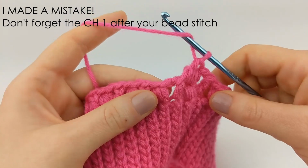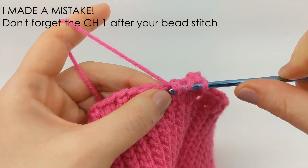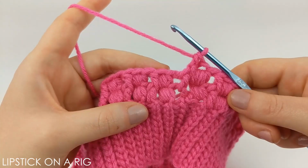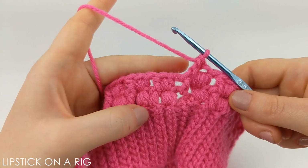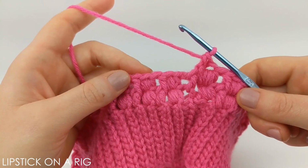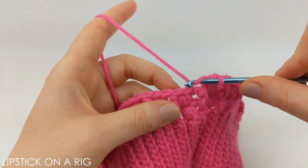And that's going to be our pattern for the rest of the row, so we're just going to place a front post stitch and then a bead stitch, a front post stitch and then a bead stitch. And when you get to the end of your row, you should transition smoothly into the next row. So we won't be starting and stopping each individual row, but instead our pattern is going to act like more